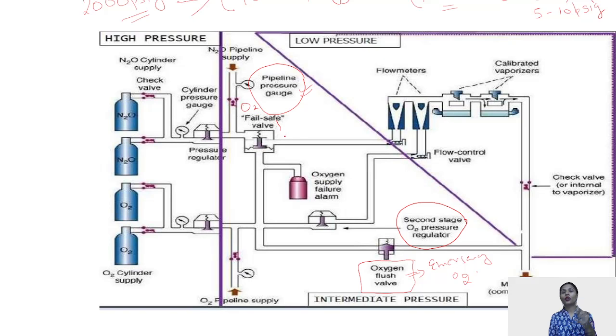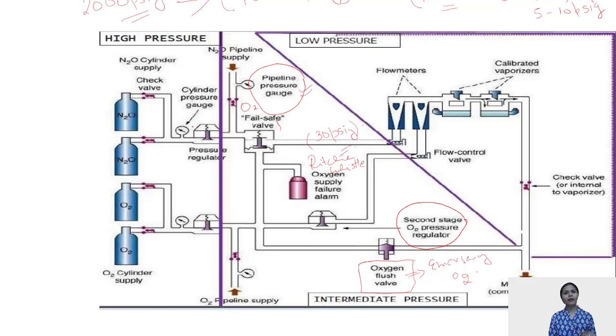The valve is going to decrease the supply of nitrous, or it is going to completely stop the supply of nitrous oxide if the pressure of oxygen decreases to certain limits which have been standardized by the manufacturer of the machine. And same goes with the alarm. If the pressure of oxygen falls below 30 psig, the alarm is going to ring immediately. This alarm is also known by the name of Ritchie whistle, and it generally sounds at around 30 psig.